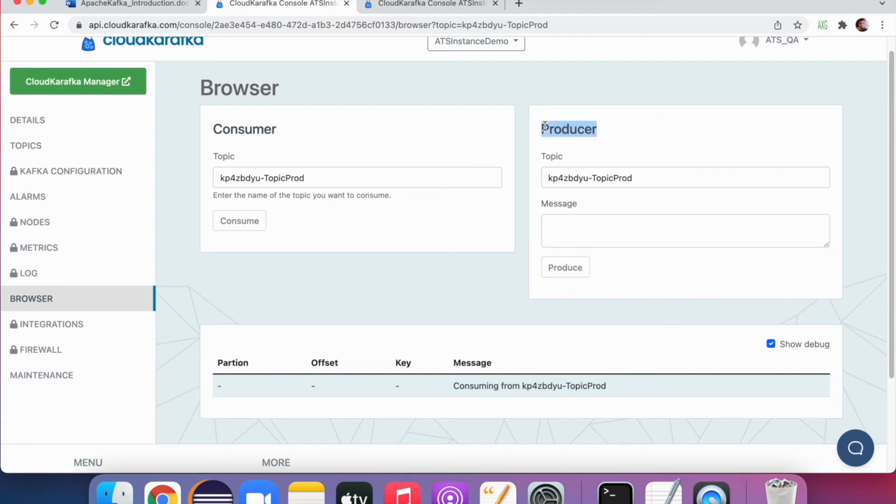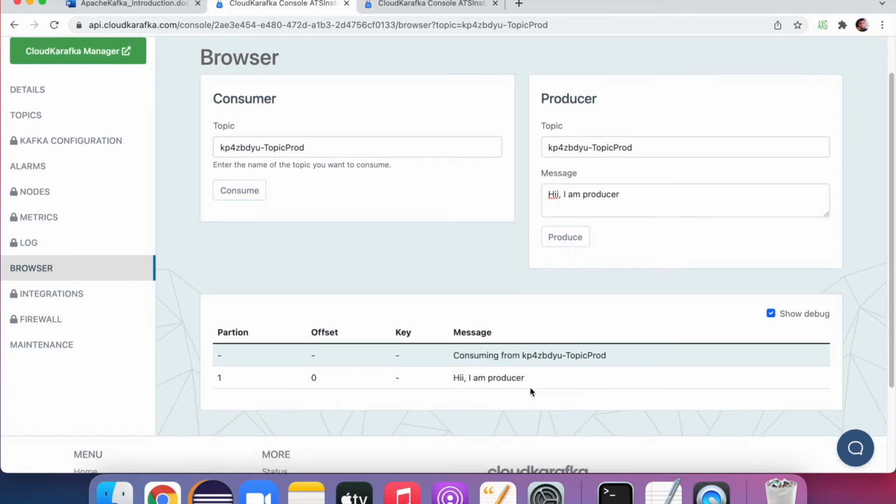So this is the producer, this is the consumer. Let's say this is some different app. It is sending some messages to another app. So let us say we can send different types of messages. Let us send some plain text. Hi, I am producer. So let me send this message. As soon as I click on produce, you will see that the consumer listens to this producer continuously. As soon as it finds some message, it will consume. Let me click on produce.